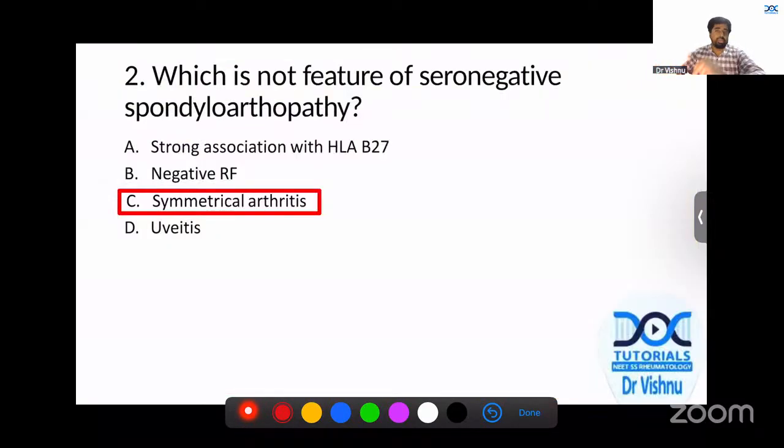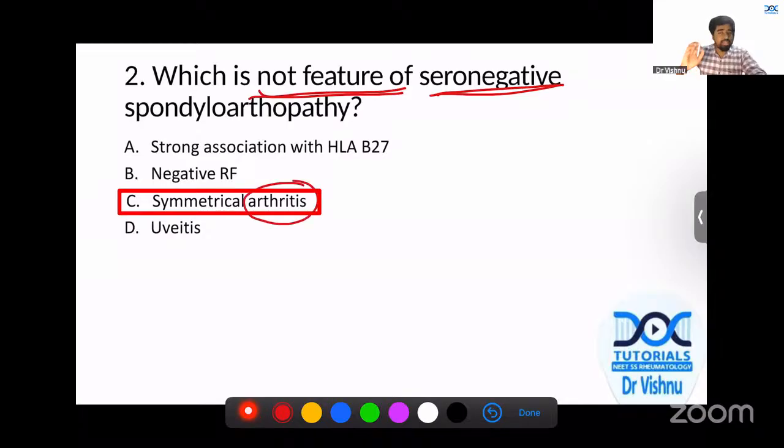This is a little bit much simpler than the previous question. Which of the following is not a feature of seronegative spondyloarthropathy? So seronegative, do not get confused. Seronegative basically means it doesn't have RF or anti-CCP. It doesn't mean HLA-B27 or anything in this particular scenario. Why is it called seronegative? Because initially, when the arthritides were being classified, seropositive referred to RF and anti-CCP positive, which are basically rheumatoid arthritis. Seronegative were classified into seronegative rheumatoid arthritis, some of them, and seronegative spondyloarthropathy, right? So inside that, which is not a feature.